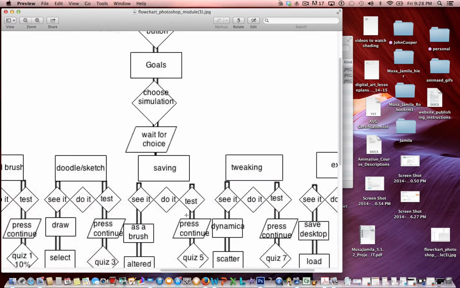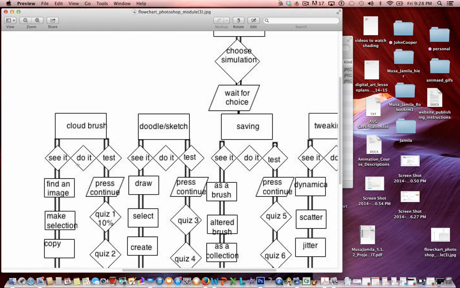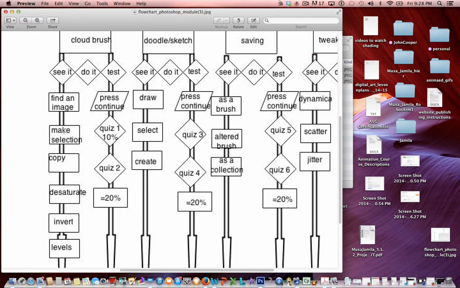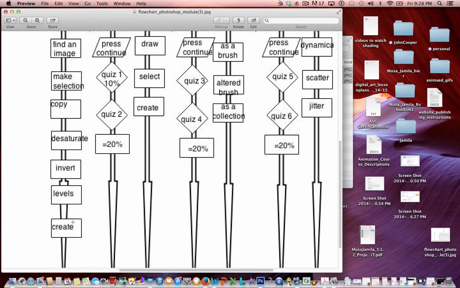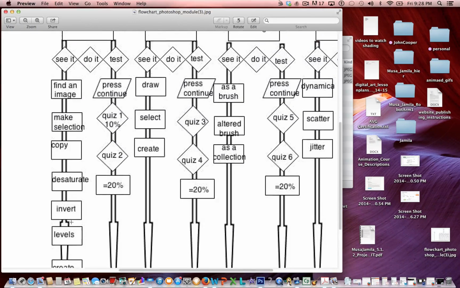For each one of these categories, there will be video tutorials. The first video tutorial will be to see it and how it's done. Starting with the cloud brush, we would find an image, make a selection from an image, copy that, desaturate, invert that image, change the levels, and then create the brush. For the do it option,